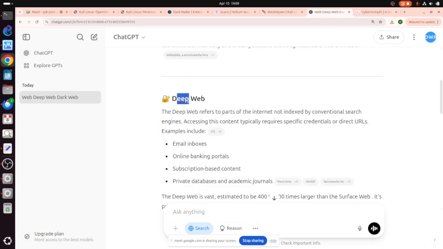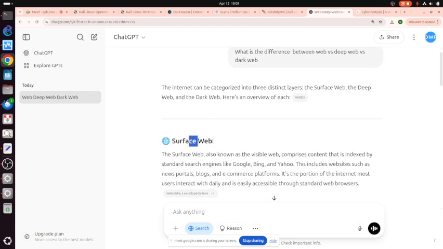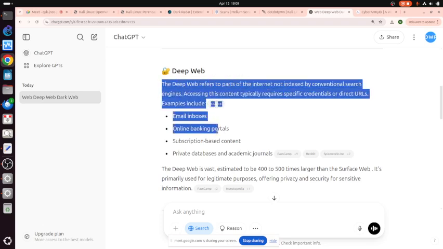Deep web. So surface web is the front end, the web that we access. The back end, sometimes they are webs inside a company. Sometimes they are webs inside the intranet of the corporate. That's called deep web. So nothing wrong with deep web. Deep web is basically web, but internal to the company.